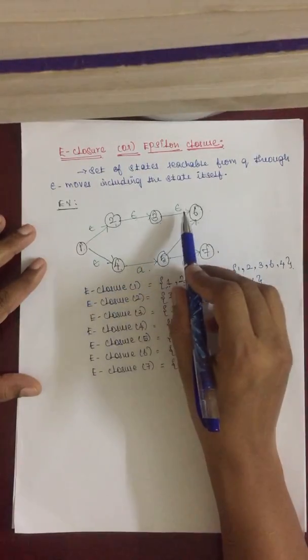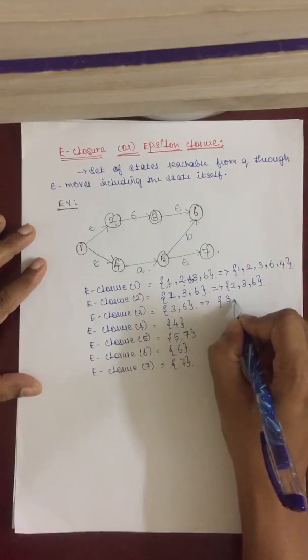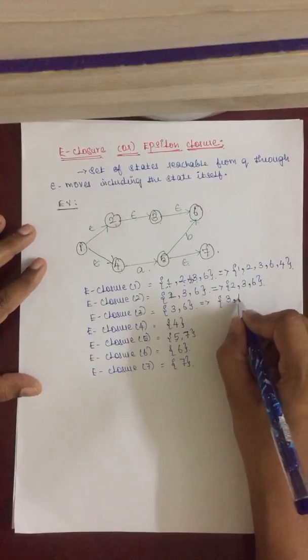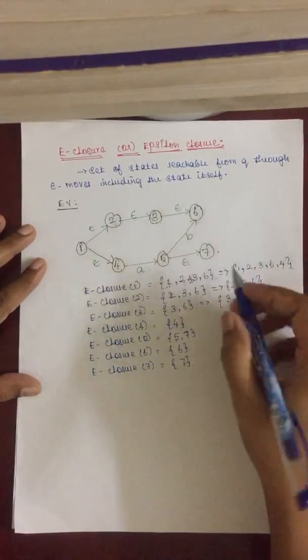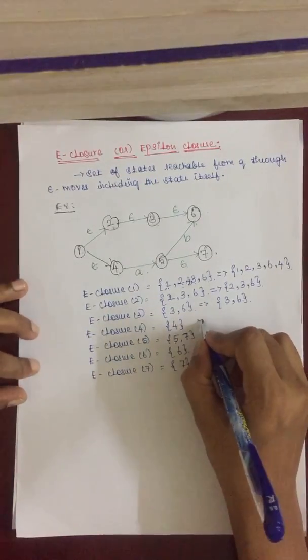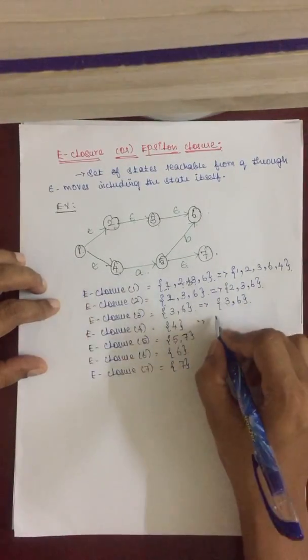Then the epsilon closure for the state 3. From the state 3 with the help of epsilon it is going to the state 6. Always include the state itself, and then state 6. After 6 there is no epsilon move available, so we are closing it. Then the epsilon closure for the state 4. From the state 4 there is no epsilon transition available,